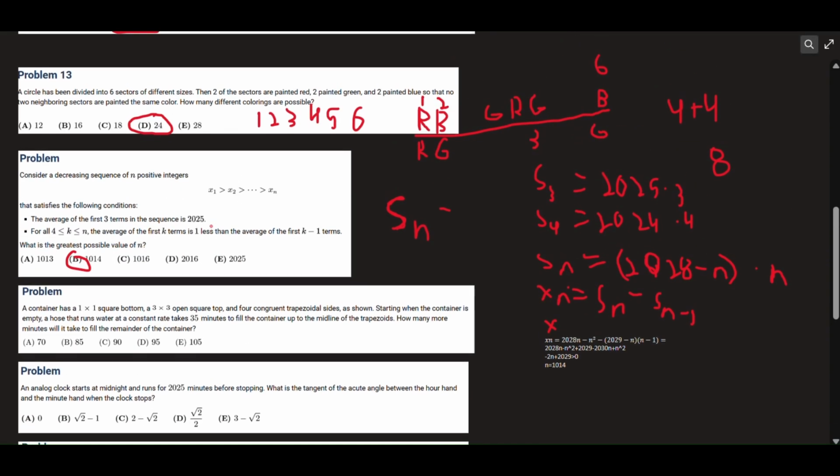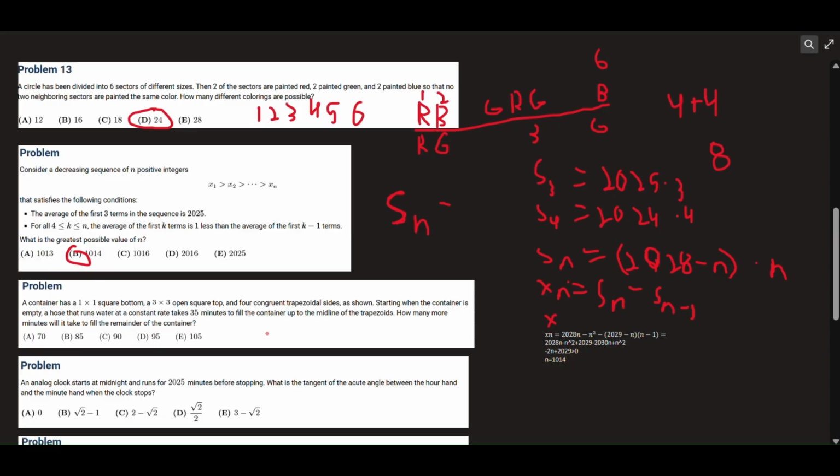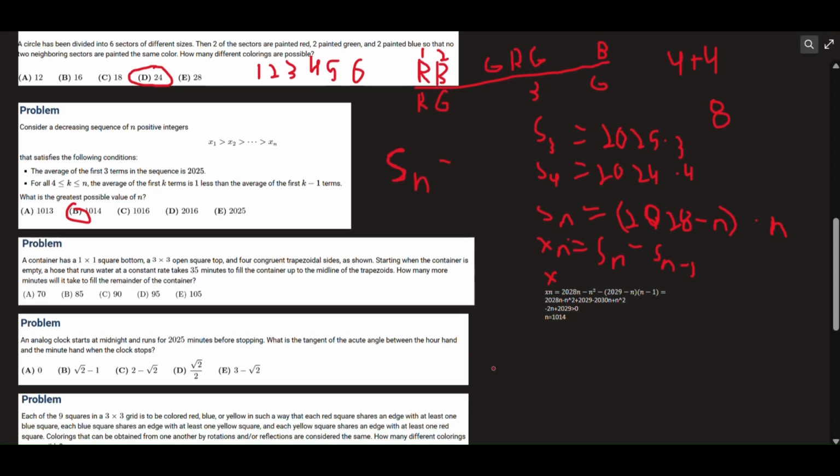And now we can move on to question 15. We know that a container has a 1x1 square bottom, a 3x3 open square top, and 4 congruent trapezoidal sides. So what we can do is that we know that since it takes 35 minutes to fill the container up to the midline of the trapezoids,